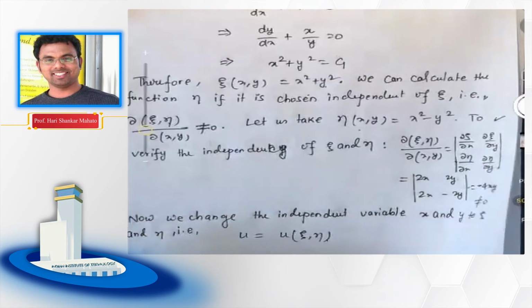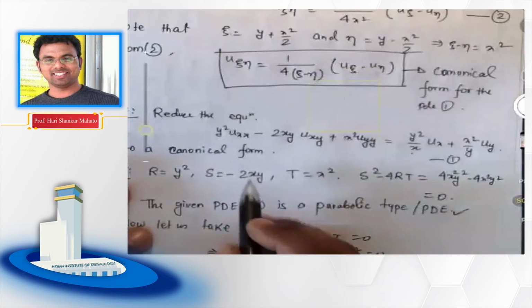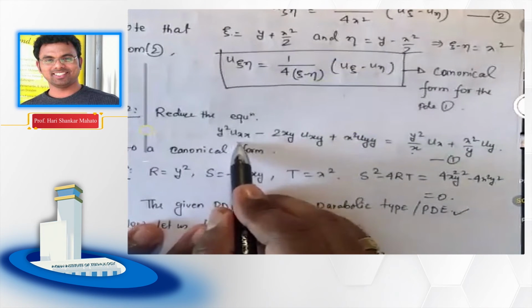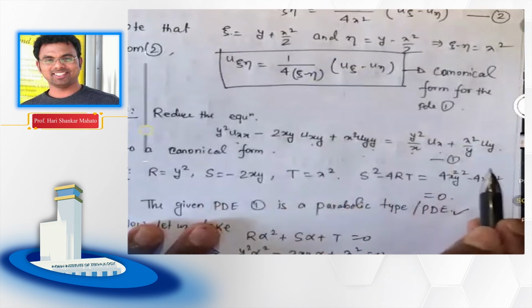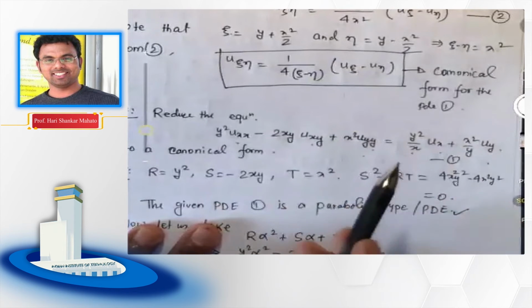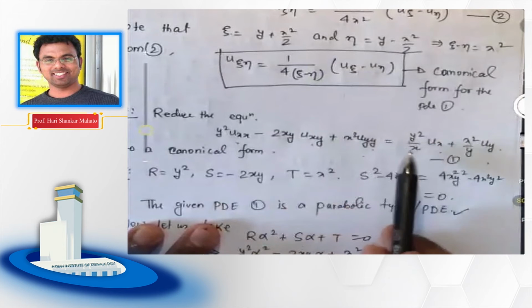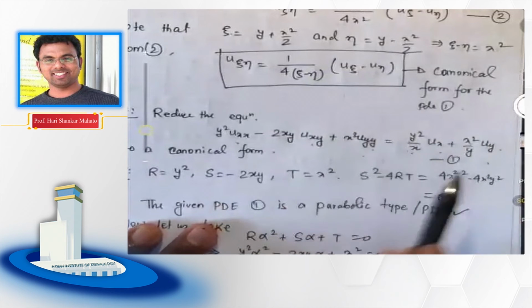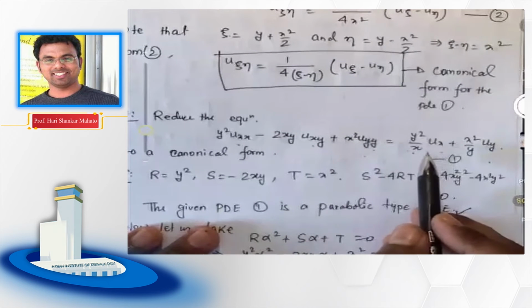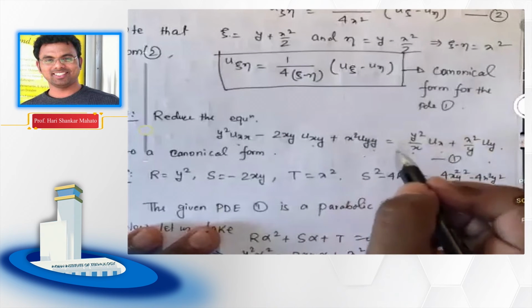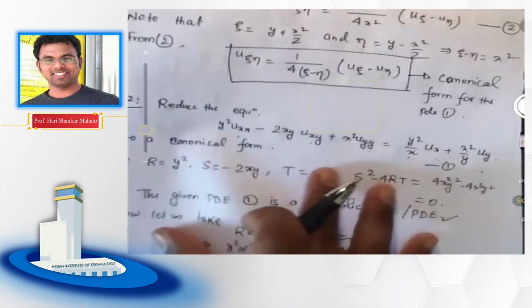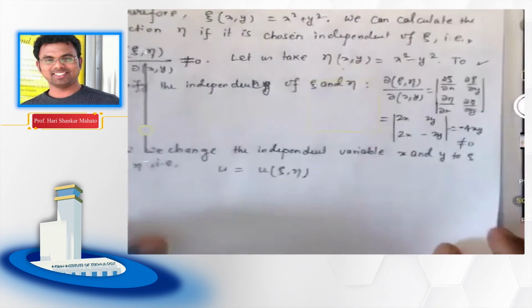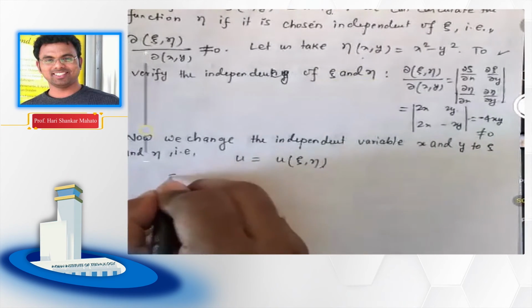Now the problem with this example is that here you need all the partial derivatives. You need uxx, you need uxy, you need uyy, you need ux, you need uy. Not only that, you also need your y square, your x square, your x and y, and all those things. Some of the terms will get cancelled for sure, but we need to calculate all these partial derivatives and put all of them here. It will be a lengthy calculation. Okay, I'm just going to write down the first order terms, but the rest of the terms I expect all of you to do by yourself.